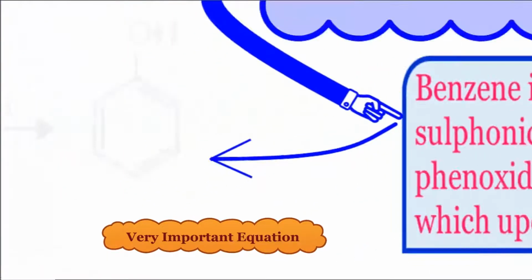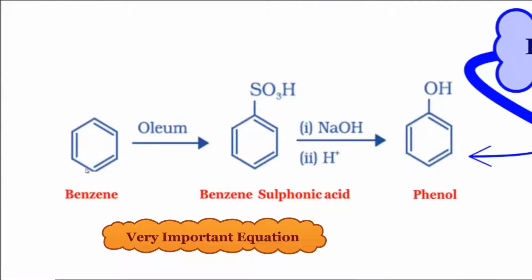Now let's look into the reaction equation. Benzene C6H6 in presence of oleum. Fuming sulfuric acid, we call it oleum, H2S2O7, which upon sulfonation, benzene upon sulfonation with oleum gets converted into benzene sulfonic acid. Benzene ring attached with SO3H is benzene sulfonic acid. C6H5SO3H is its molecular formula. First treatment is with molten sodium hydroxide, which will give sodium phenate. This upon acidification will yield phenol.